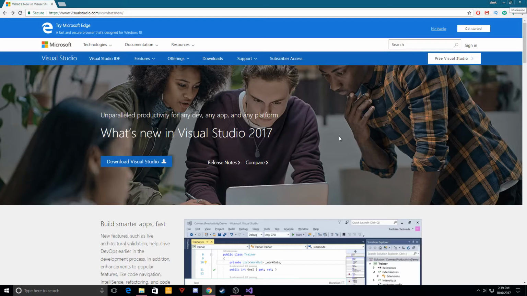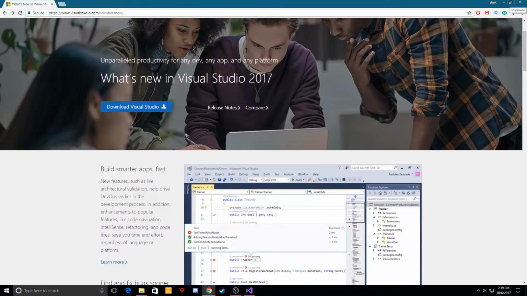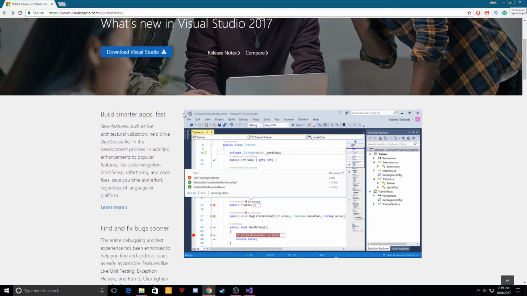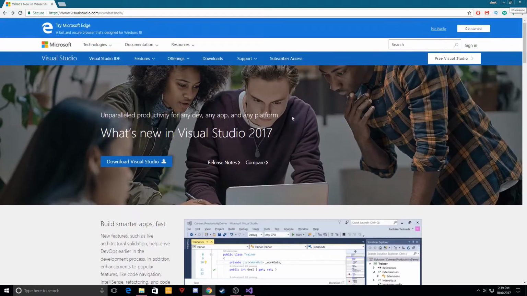If you're seeing this, you've probably already seen the presentation, and we will now install Visual Studio 2017. What is Visual Studio, you may ask? Visual Studio is one of the best, in my opinion, coding utensils that you can have as a debugger and builder and compiler. This is totally free and built by Microsoft, so